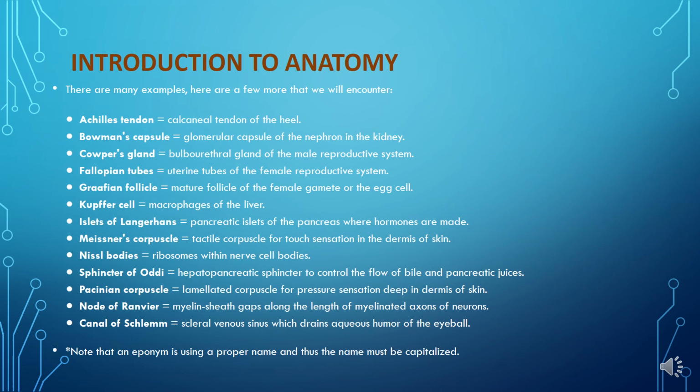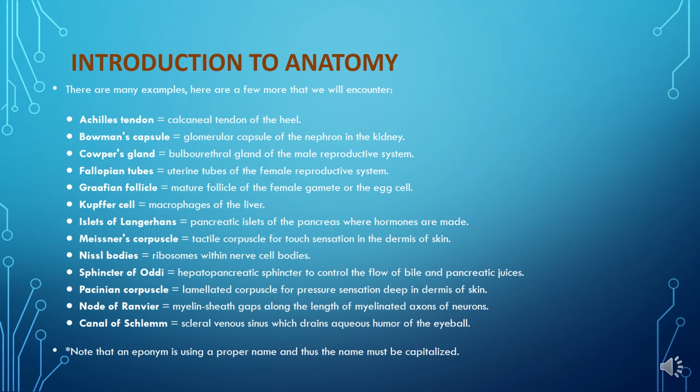There are many examples. Here are a few more that we will encounter: Achilles tendon, calcaneal tendon of the heel; Bowman's capsule, glomerular capsule of the nephron in the kidney; Cowper's gland, bulbourethral gland of the male reproductive system; fallopian tubes, uterine tubes of the female reproductive system; Graafian follicle, mature follicle of the female gamete or the egg cell; Kupffer cell, macrophages of the liver; islets of Langerhans, pancreatic islets of the pancreas where hormones are made;